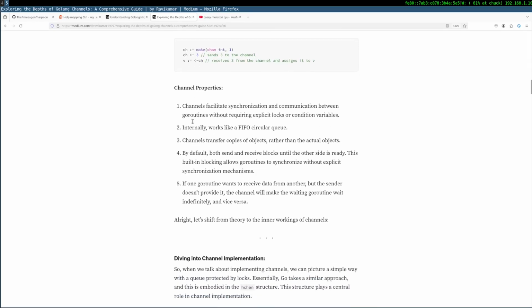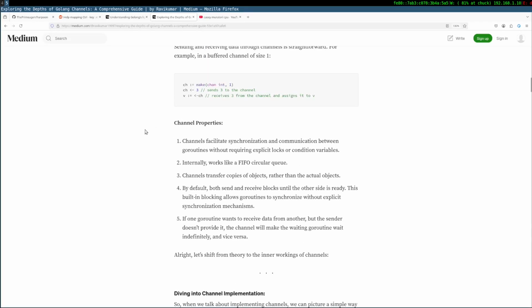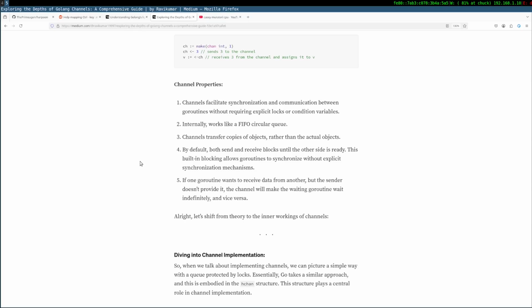Channels facilitate synchronization and communication between coroutines without requiring explicit locks or condition variables. Internally it works like a first in first out circular queue. Channels transfer copies of objects rather than actual objects.